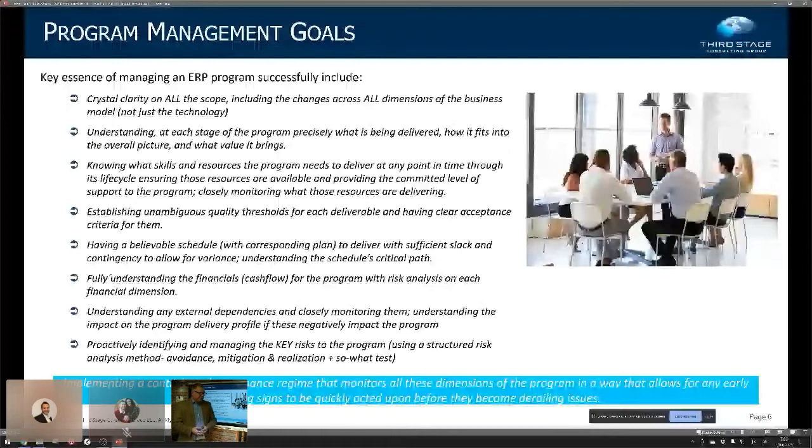The third thing is really having that clarity around what skills should be on site at any point in time. Now, obviously with COVID, we don't have on site anymore, but it's extraordinary how often there's a disconnect between the program team and what the SI are actually doing. In fact, I was on one engagement, I was doing an assurance, and somebody turned up and spoke to the SI's program manager, and they sat down and got their laptop out and started doing some work, and that was all very nice.